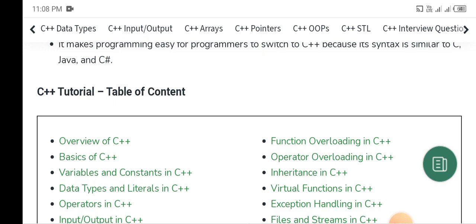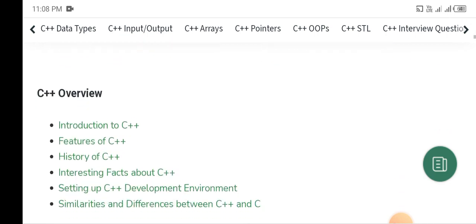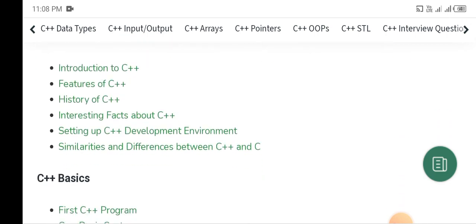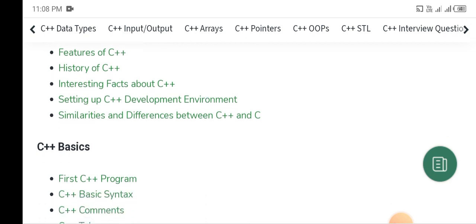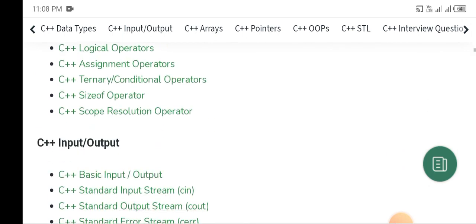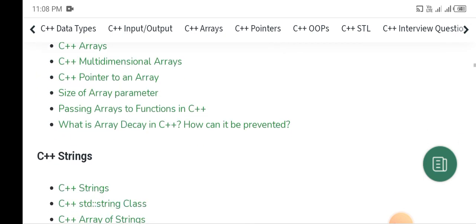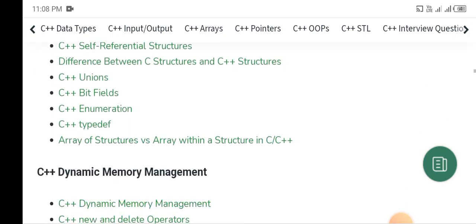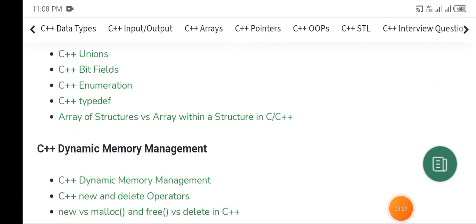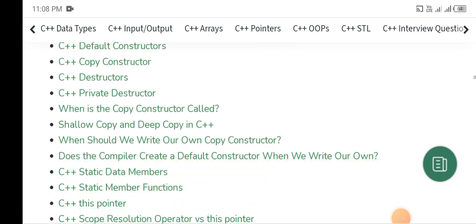C++ tutorial table of contents: overview of C++ basics and functions. C++ overview: introduction, features, history, interesting facts, setting up the development environment, similarities and differences between C and C++. C++ basics, C++ variables, C++ data input output, C++ pointers and references, C++ strings, C++ structures and unions, C++ dynamic memory management, C++ object-oriented programming,